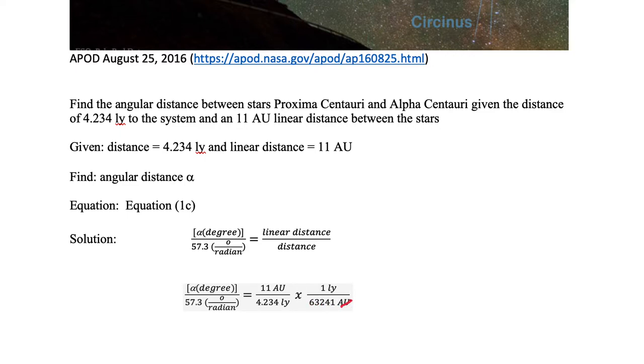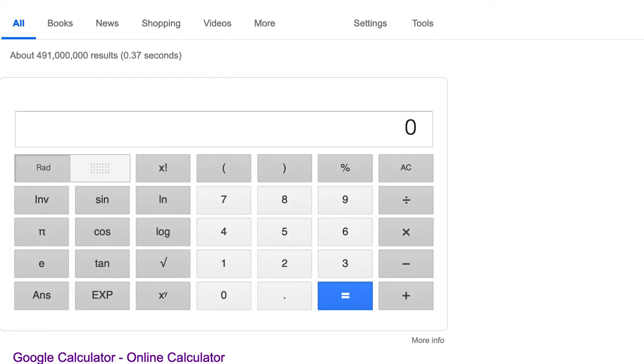Therefore, I can cancel AU and I can cancel light year. And now that my letters have canceled, I can now solve numerically the right-hand side of the equation. We need to take 11 times 1, divide that by 4.234, and then divide that by 63241. So let's go ahead and do that. So here's our Google calculator, and the first step we need to do is 11 times 1, and then divide that by 4.234